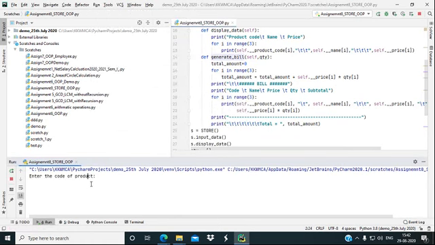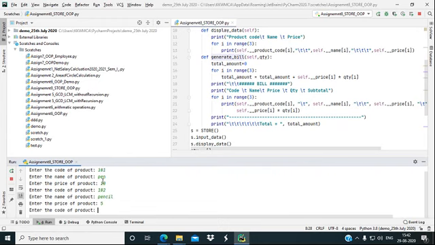then it will ask for the product. Likewise, I give the product detail, 10, then the name of the product and the price of the product. So it displays the details: pen, pencil, eraser, and I have given the prices 10, 5, 2.